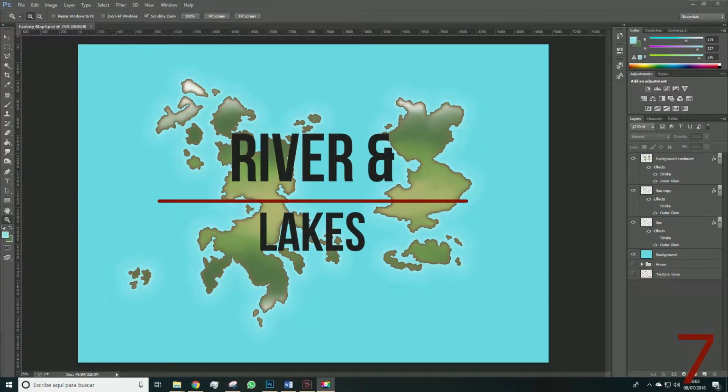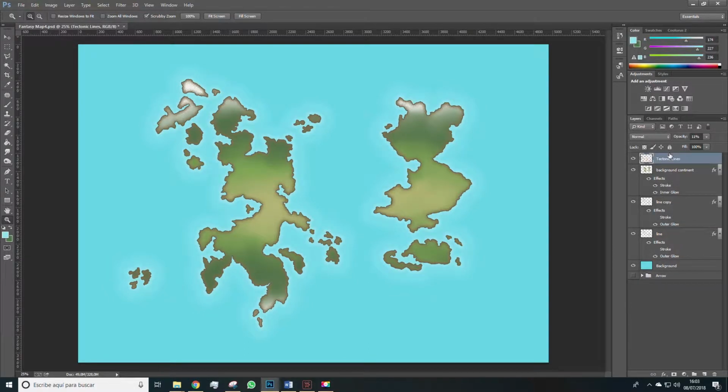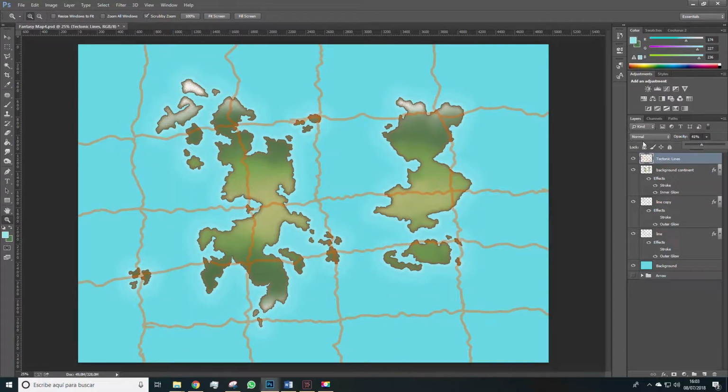Hello everyone, welcome to this new part of the course, and here we'll start to generate the water courses and we'll see where we'll place the mountains and other factors. In order to start, we're going to activate the tectonic plate layer. We're going to place it on top so we can start seeing where the mountains could be